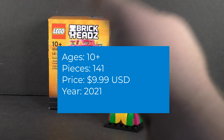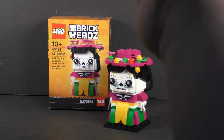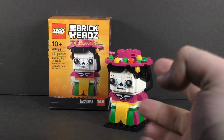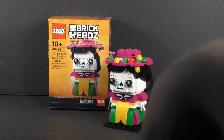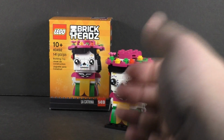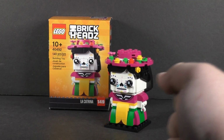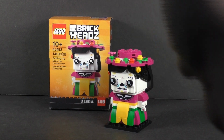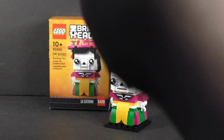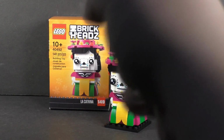It is Catrina. It is Brickheadz number 149 in the series, and this is our first LEGO anything based off the Mexican holiday, Day of the Dead, so that is pretty cool. And let's not waste any more time and get right into this set and start deconstructing it and seeing how